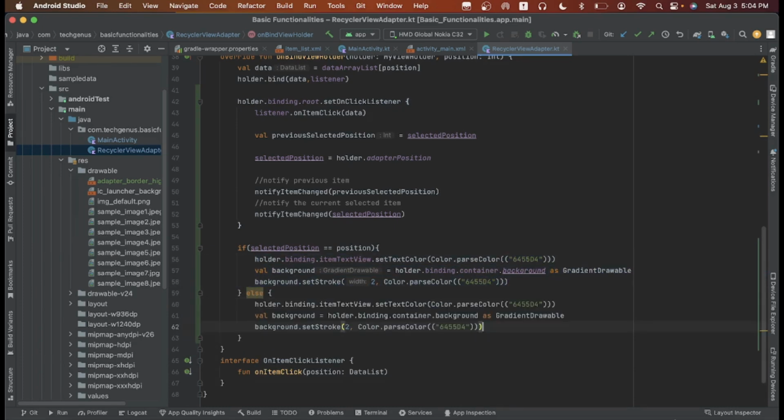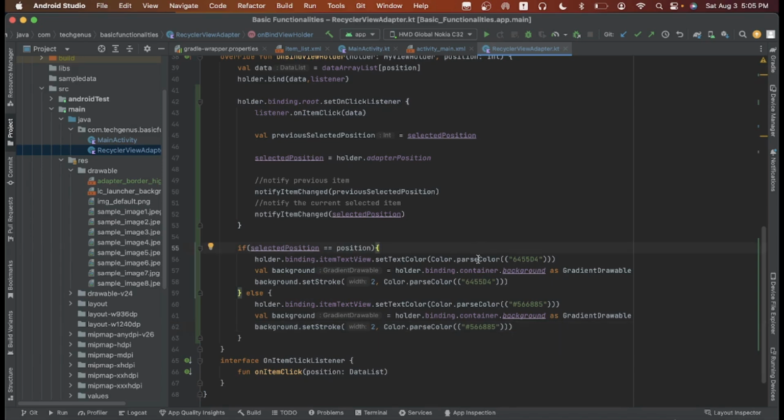Let's copy this. This is my selected color, 5566885.